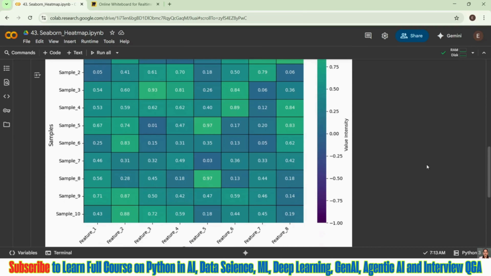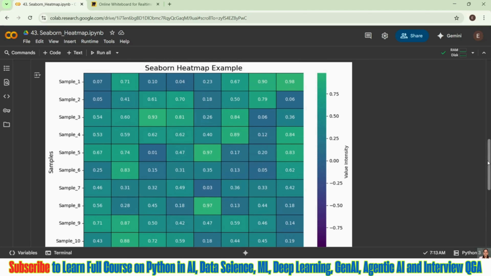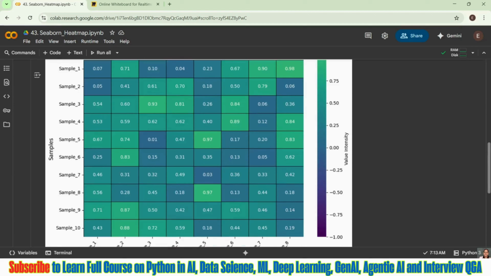However, we have some values between 0.00 and 0.25. So you will see this color, right? 0.05, 0.07, all are coming in this range, 0.00 to 0.25. Then we have 0.54, 0.53, all coming between 0.5 and 0.75. Like that we are getting the color coding. Now, how will you understand the relation?